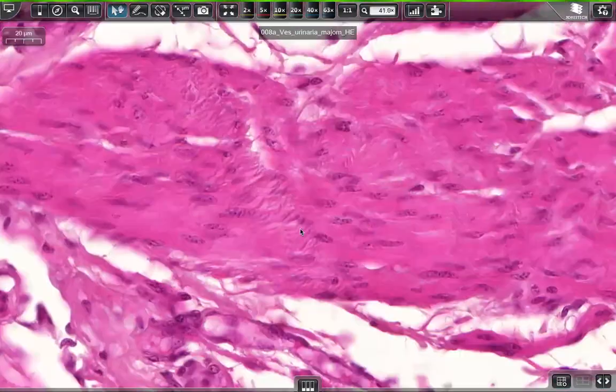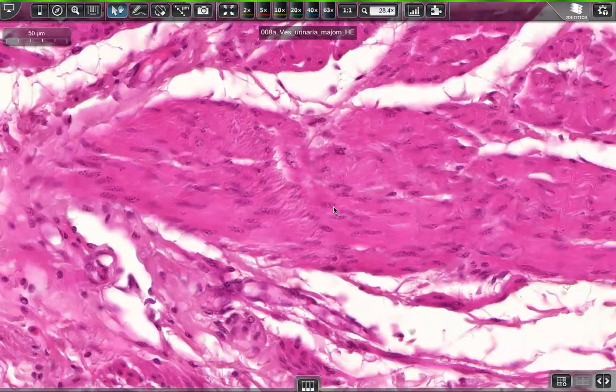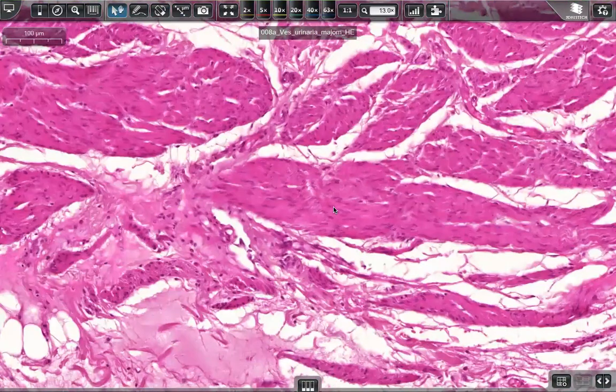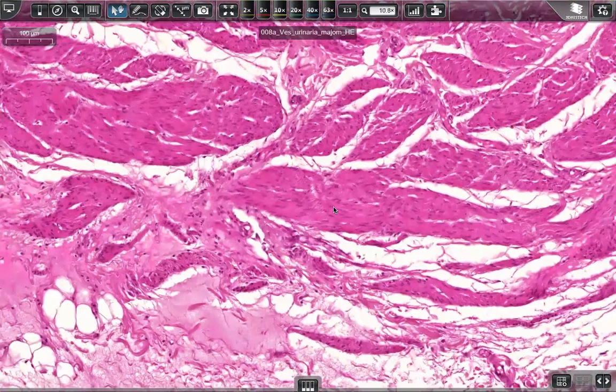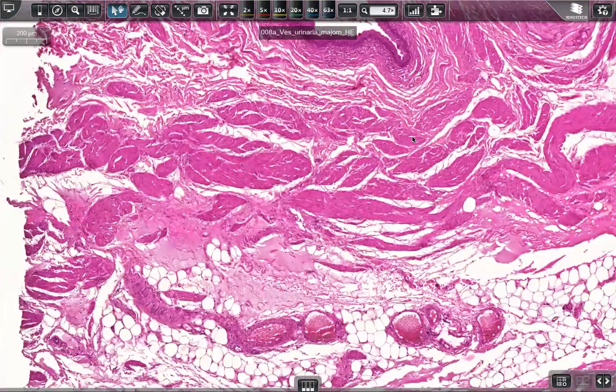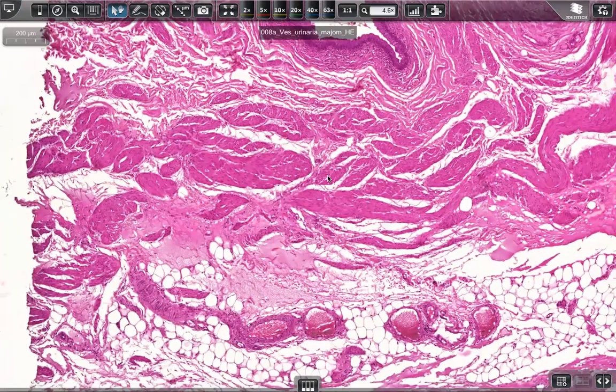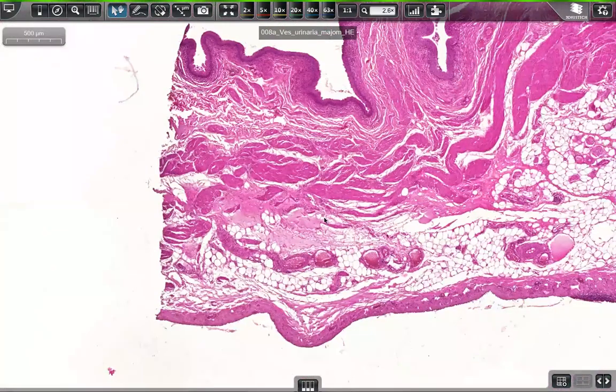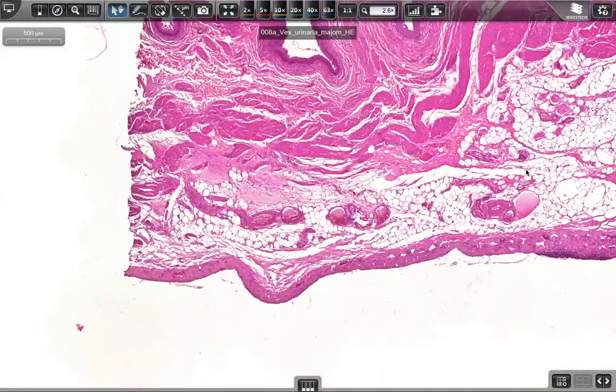So the elongated spindle-shaped nuclei of the smooth muscles are indicating this. But also, sometimes we can find some oblique fibers, but usually we can see only these two main layers of the smooth muscle, the muscularis externa. And then this area here we have, this is the loose connective tissue representing numerous